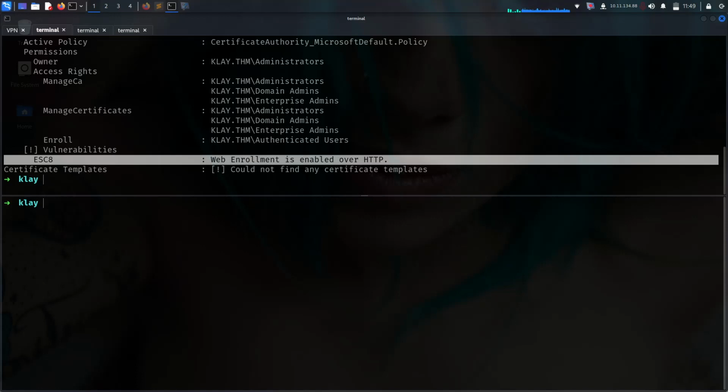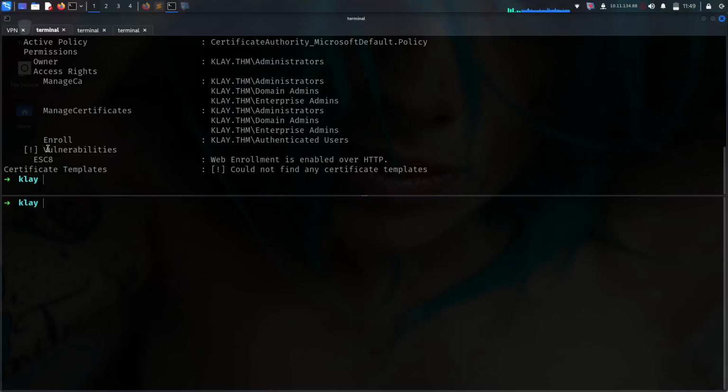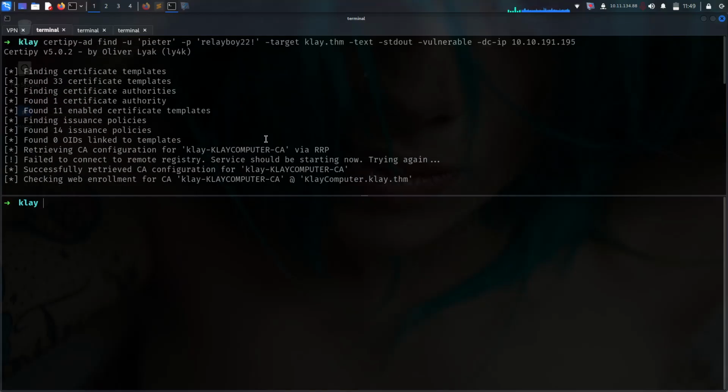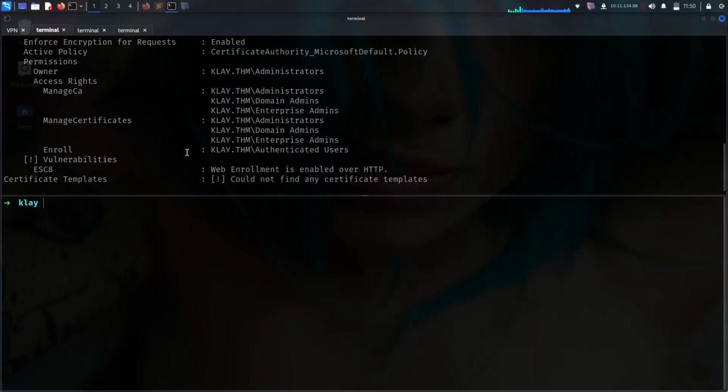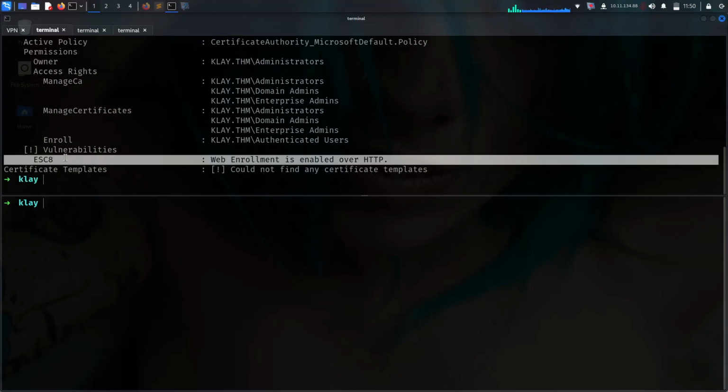Okay, but this is the main idea of this box. The fun fact is, you cannot use ESC7 DC to DC. You cannot go DC to DC. You cannot do NTLM relay DC to DC. So ESC7 is impossible. So it's usually not possible to pass an NTLM reflection, which takes NTLM authentication from one machine and relays it to the same machine. However,